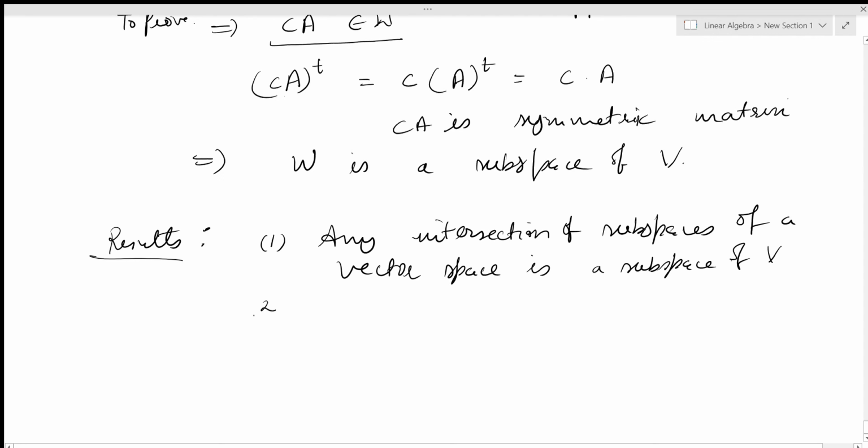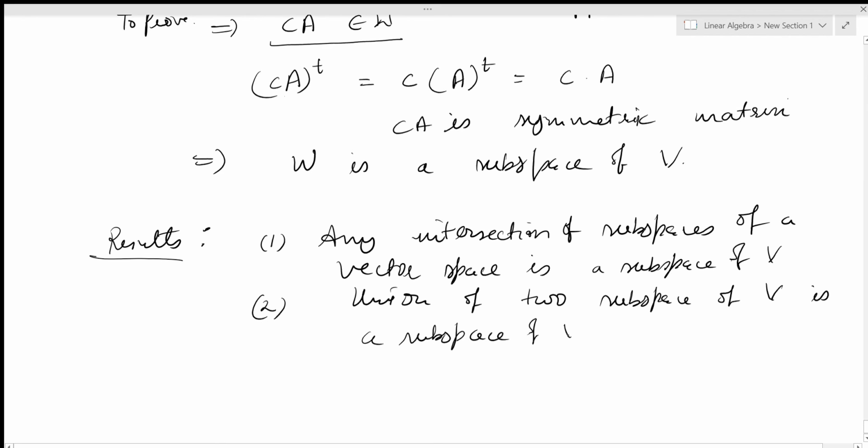Now the second one, what about union? The union of two subspaces of V is a subspace of V